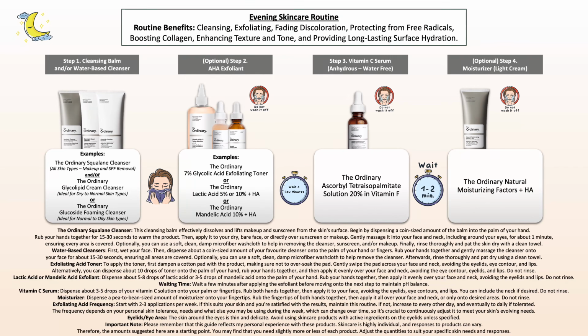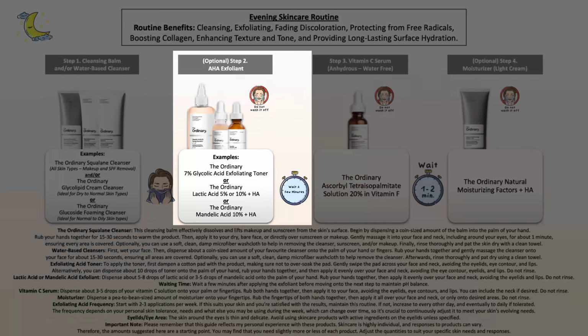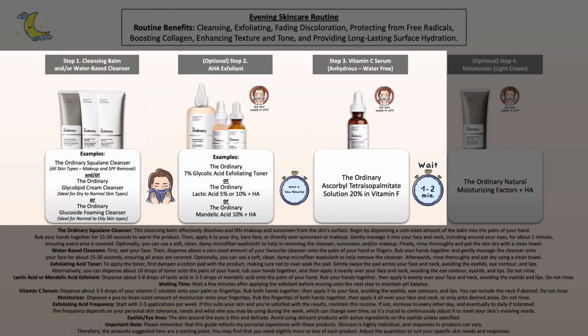So the first evening skincare routine includes exfoliating acids, specifically AHAs like glycolic, lactic, and mandelic acid. Why these? Well, because they are most suitable for drier skin types. Using salicylic acid could unnecessarily dry out the skin, which is what we are trying to avoid. But then you would use the solution after your acid. Remember to give your acid a few minutes in between for pH balance and for optimal results.